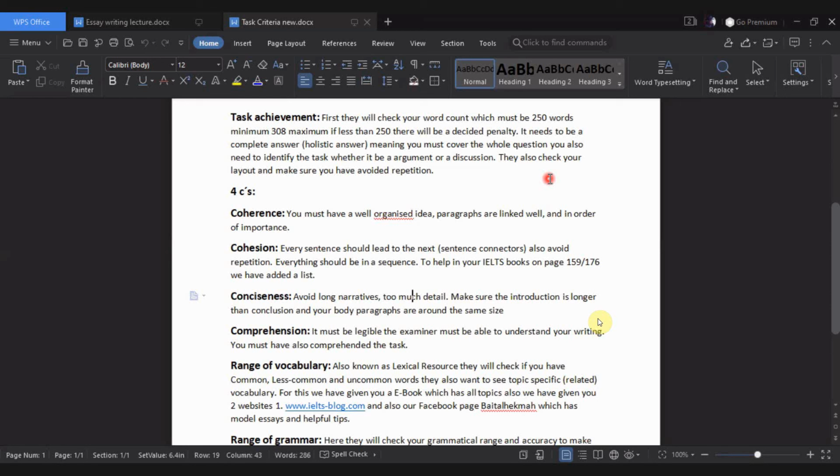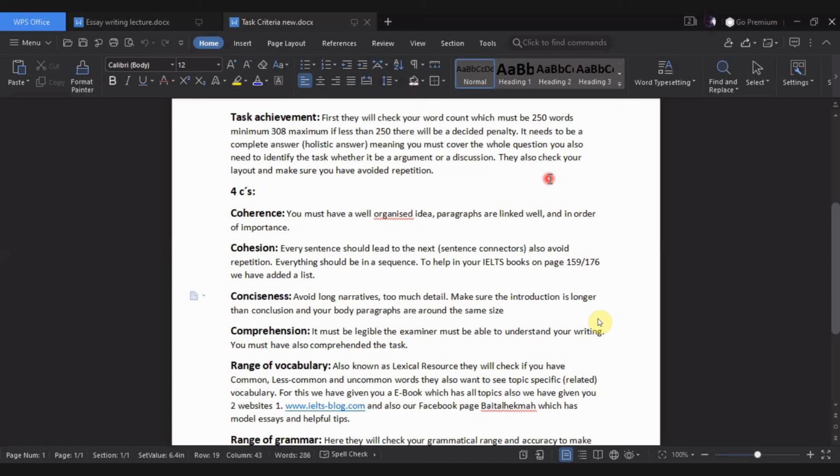But for the body paragraphs, make sure that it's around the same size. Let's just say the first body paragraph you have written 100 words, and then the next body paragraph you've written like half of it, 50 words. So it's not good. It's not a good essay already because you're talking about a lot of things in the first body paragraph. We need to balance. So you have to find the right balance, not just the same size, just around